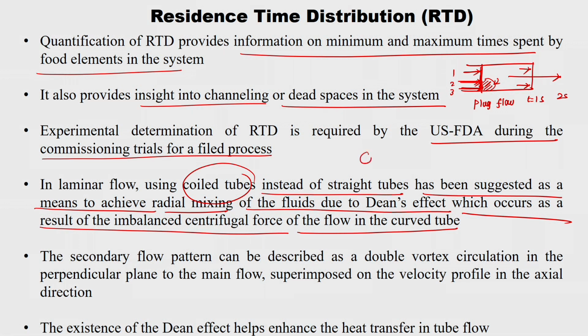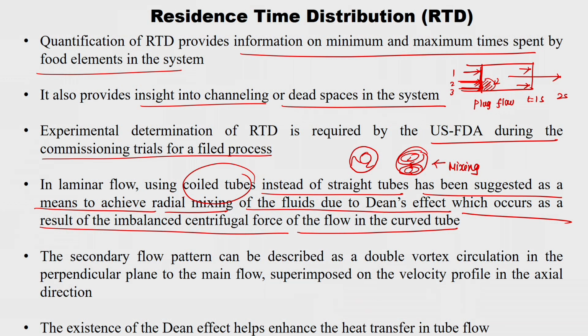Dean effect is nothing but, for example, if I have a concentric tube, as we have just seen, my profile would be of this shape. This is nothing but the parabolic velocity profile you would get, right. But what Dean's effect says is, if you have coiled tubes, then there will be secondary vortices, right. So, that means your flow will be of this kind, right. So, this increases the mixing,